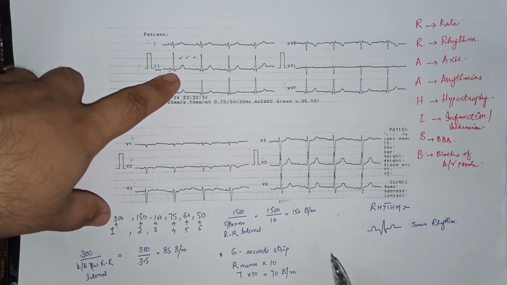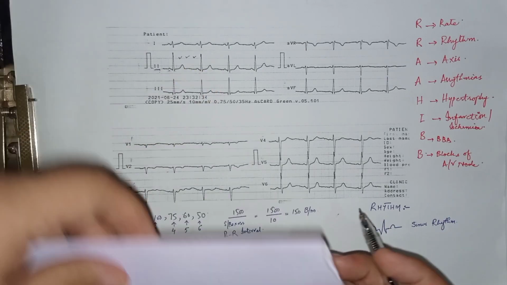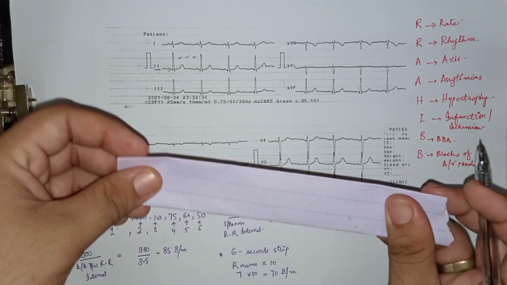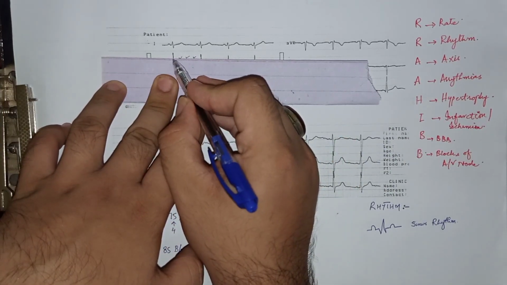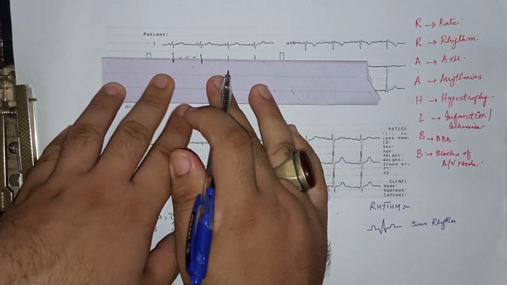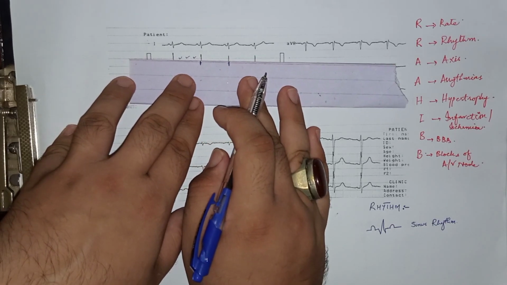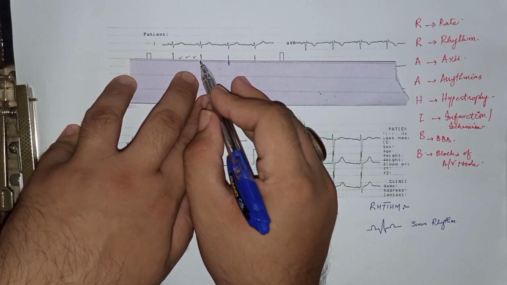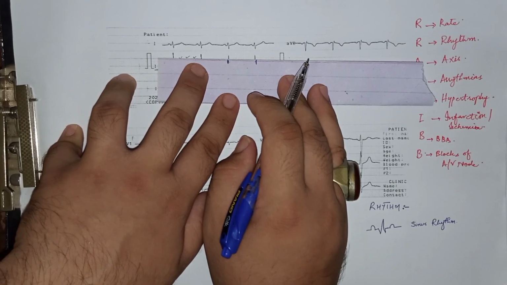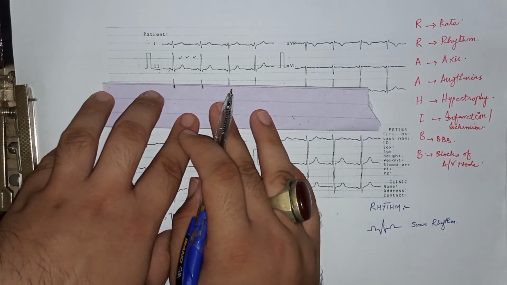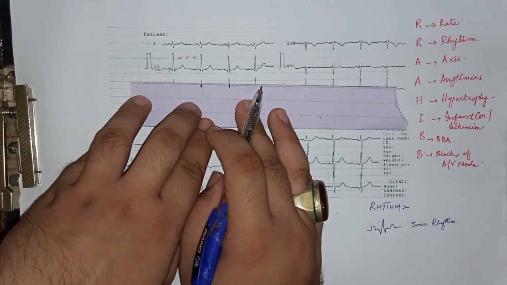The second step is to check whether the rhythm is regular or irregular. In the clinical setting, this is a very easy method. Take a paper strip and mark the R waves on this paper, and then move the paper forward like this. Here, as you can see, there is a coincidence between the R wave and the mark point. So this is regular rhythm. As in lead 3, check that there is a coincidence between the R wave and the mark point. So this rhythm is regular.